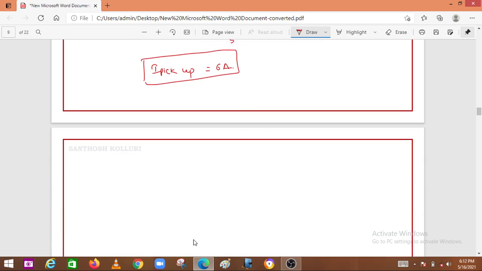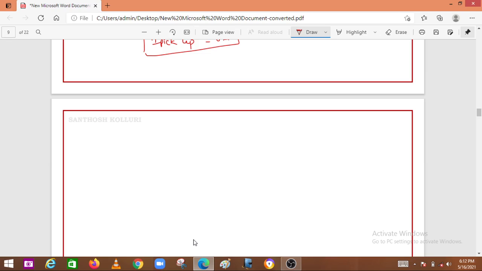The question is, an overcurrent relay is connected to a supply circuit through a 400 by 5 ampere CT. The CT rating is given. The relay is set at 150%. Calculate the pickup current and calculate the minimum fault current required for relay operation. He asked two questions: the first one is the pickup current, and the second is the minimum fault current for operating the relay.